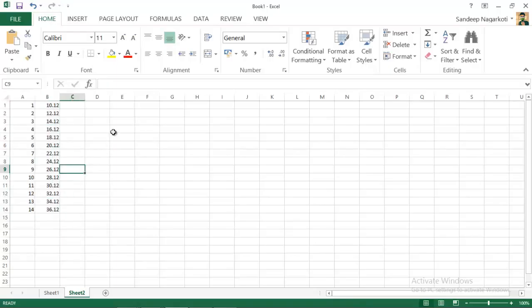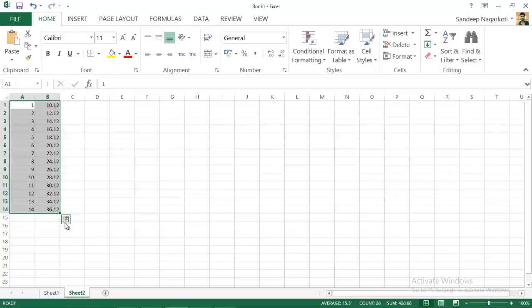Now to plot a graph in Excel, one thing you should always remember that in a graph we have x-axis and y-axis. So if you want to plot the data in x-axis, then you should always write the data towards the left, in the left column. Similarly, for the y-axis data, it should always be in the right column. Now you need to select these two columns like this